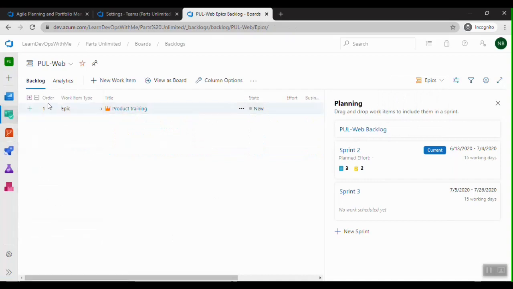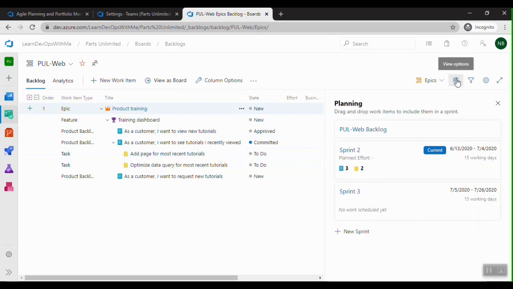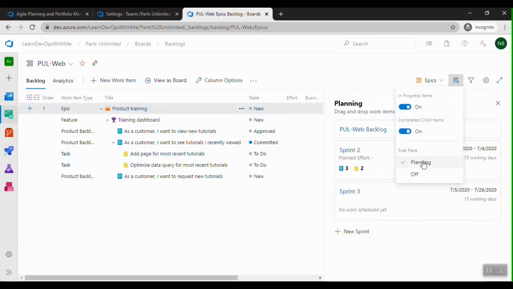We created an epic, and for the epic we created a feature, and for the feature we created PBIs, product backlog items, and for the product backlog item we created tasks. So this is my planning view. I can choose whether to make it off or on.